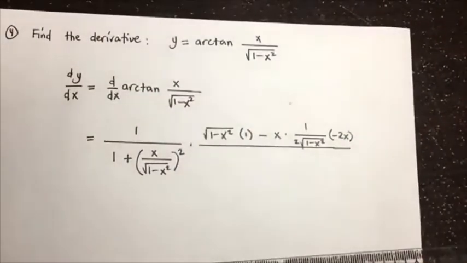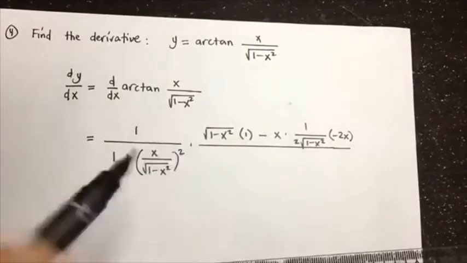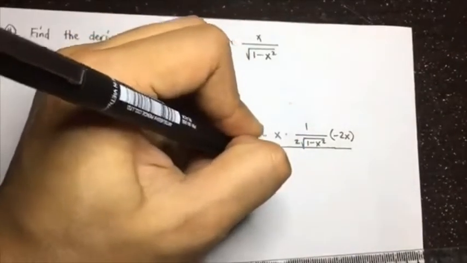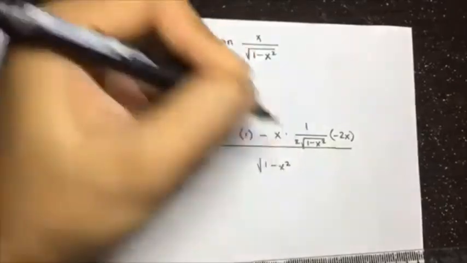Okay, over v squared, so over square root of 1 minus x squared,